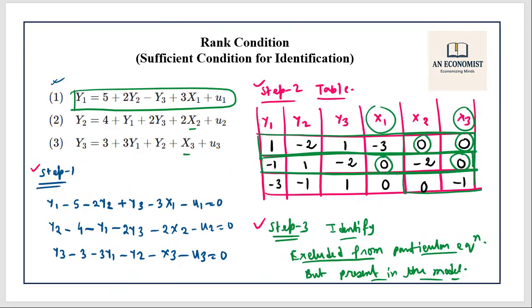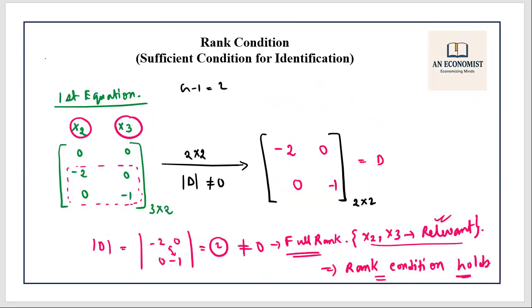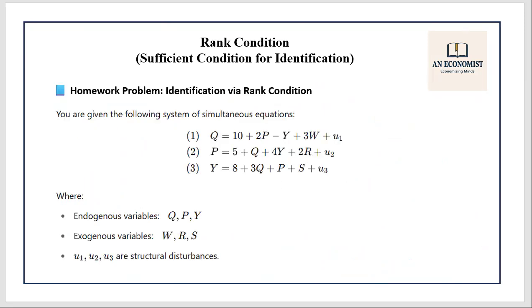Now I will give you a small homework. Do it for the third equation. Use this table. If you want, you can take a screenshot or do it by yourself. Take this third equation. Here what you see, this is one of the excluded variables. This is another excluded variable. Try to find out whether you can find any 2 cross 2 matrix which has a determinant not equal to 0, and whether that is estimable or not. What do you think? What will be the rank condition? And I have given you another separate problem as your